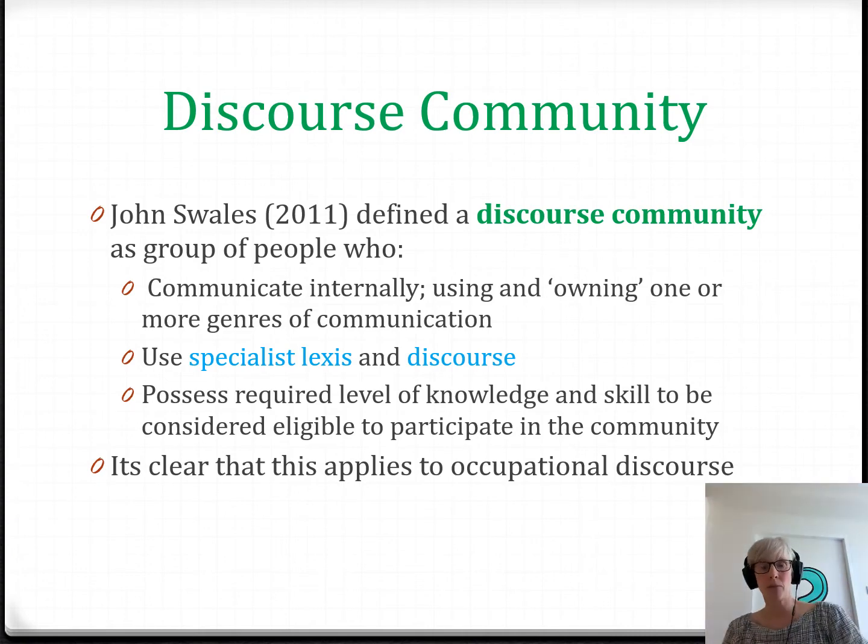I'm not going to go all through the PowerPoint slide again about what a discourse community is. Hopefully you remember. Discourse communities don't only mean occupation. You can be a member of many discourse communities. Your teenage peer group can be a discourse community. The point is that your occupational group does create a discourse community. And it's not just about lexis, it's about discourses, that is structures of speech. So meetings, one-to-ones with managers, those are discourse structures. Those are different genres of communication. There are also written genres of communication.